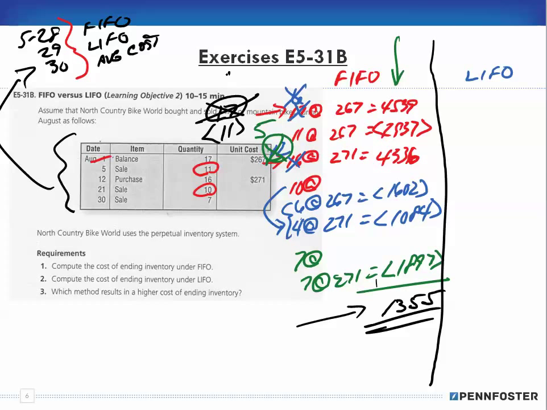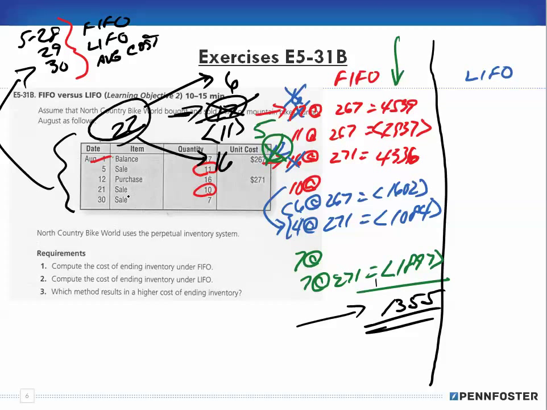We only have 6 of what was in the inventory. Then we added in 16 more. That means we have 22 now: 6 here and 16 here. So we have 22. Now we make a sale,